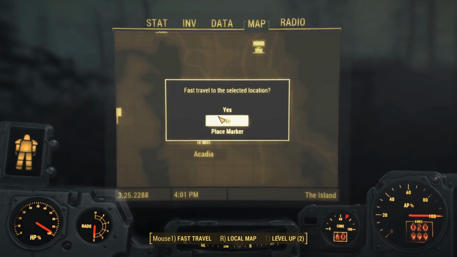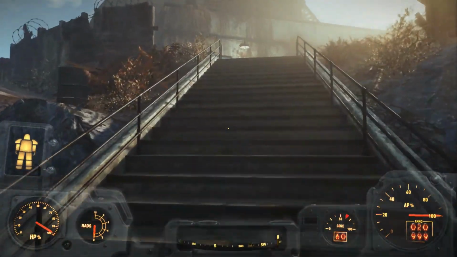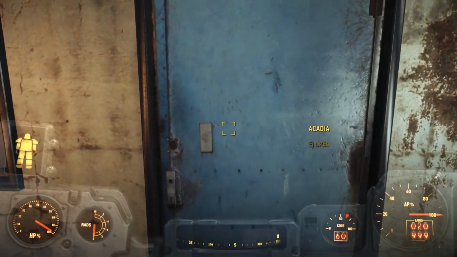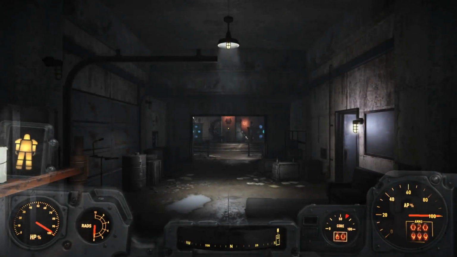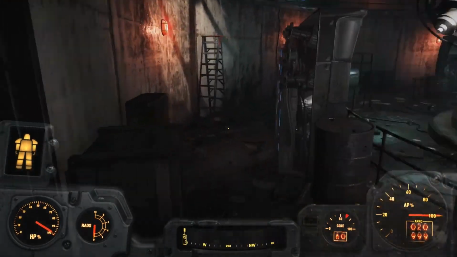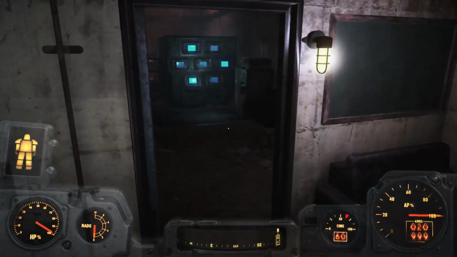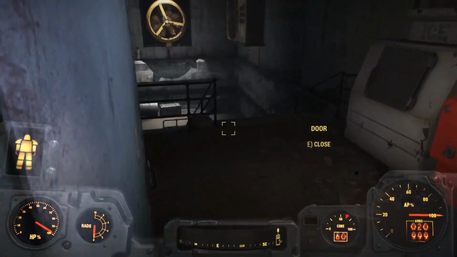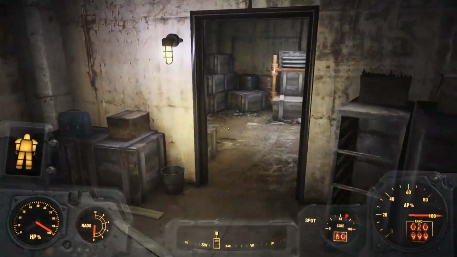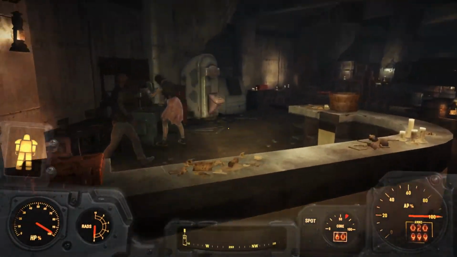Alright, we decided to go up to Acadia because they have vendors. Maybe I can buy some additional stuff that Brooksy didn't have there at the dock. I went in and forgot that the people I'm looking for are downstairs. So here I am, and